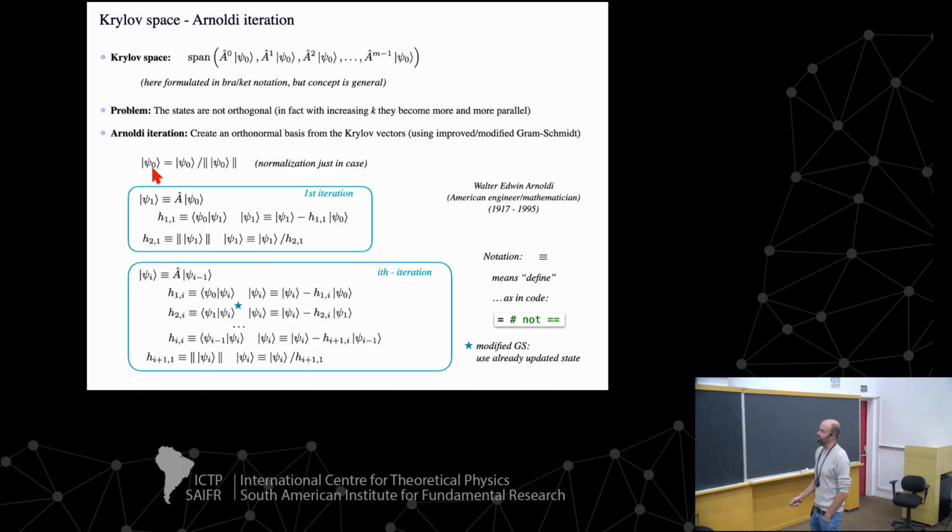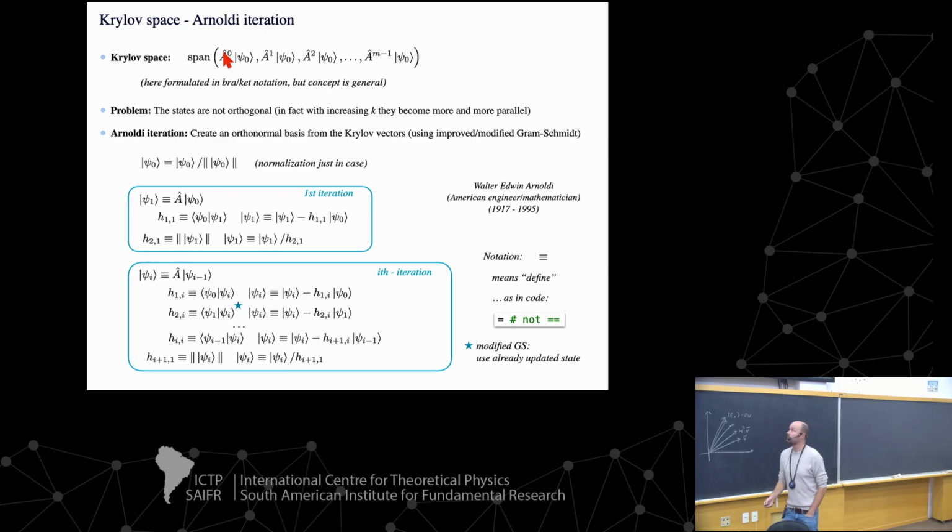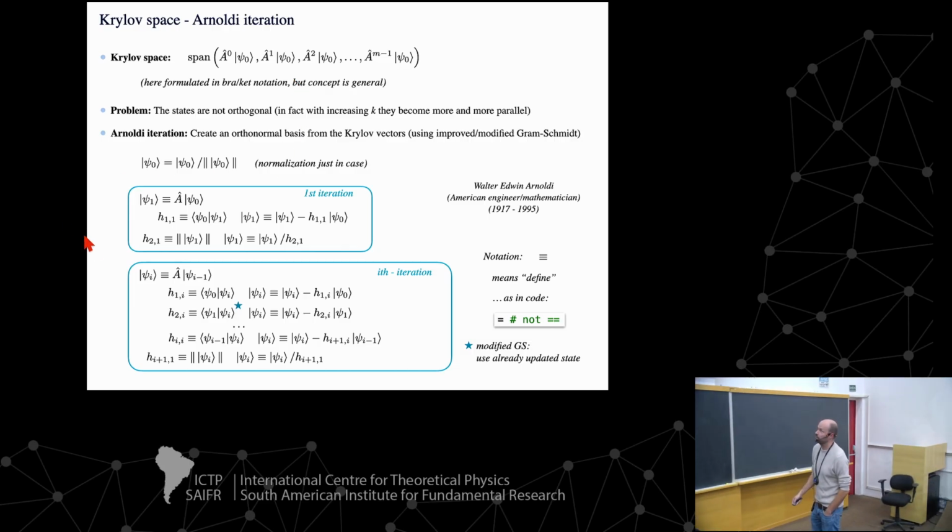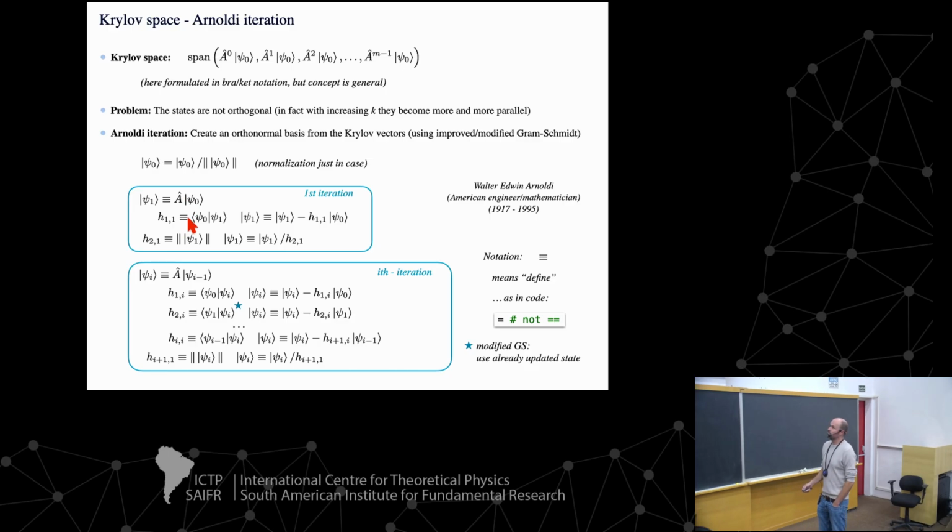Well, I start with my initial state that I already know, and I assume that it's normalized. So this is the first vector of my Krylov space. And now I want to just find the next Krylov vector, where I apply this matrix one time, and I want this new vector to be orthogonal to my previous vector. So how do I do this? So this is all written in this first little box here. So I define my state psi1 first as the unnormalized vector where I apply this matrix to my state psi0. And now what I have to do is I have to subtract the component of the previous state, the psi0 state,